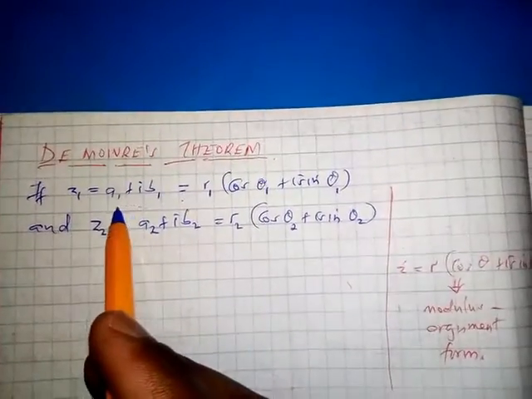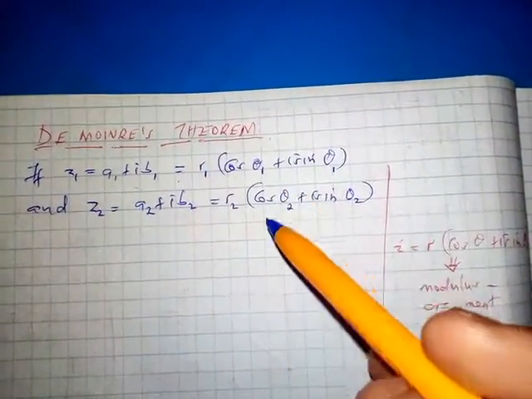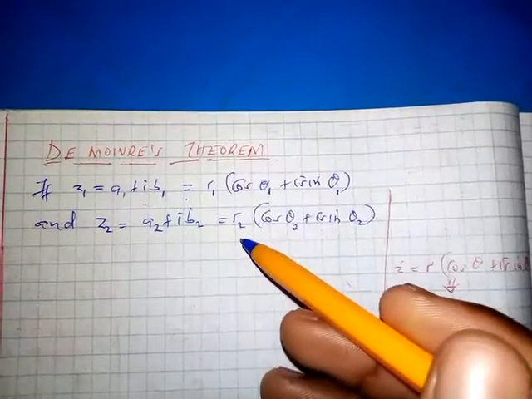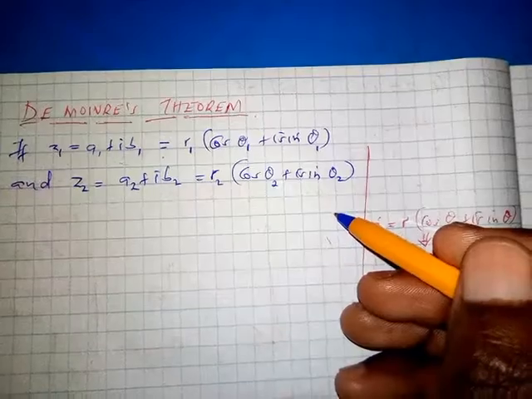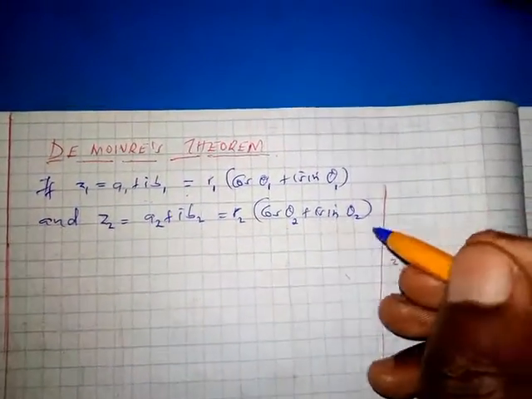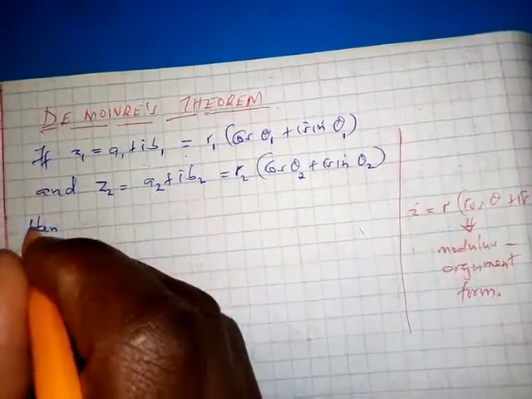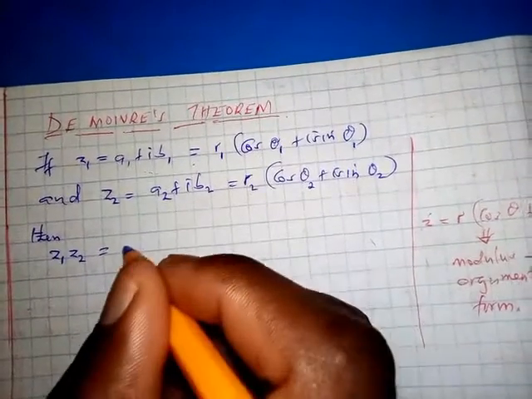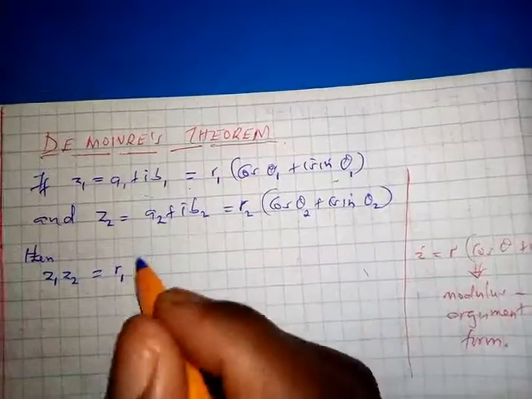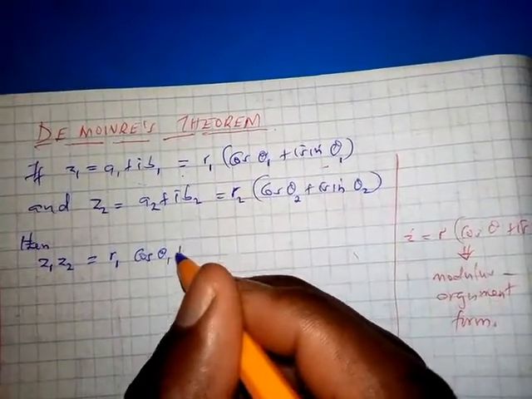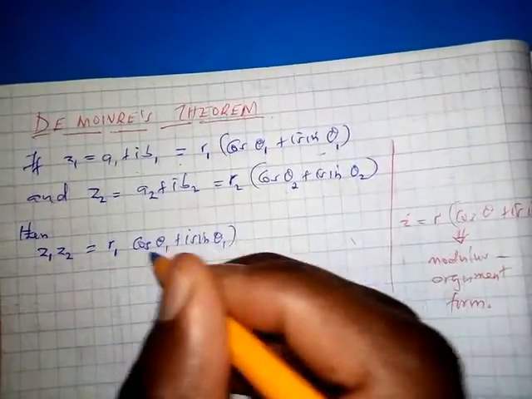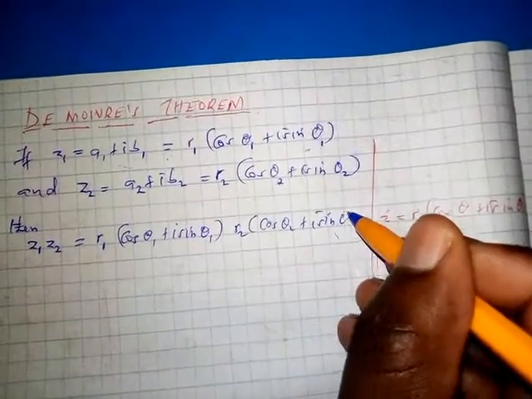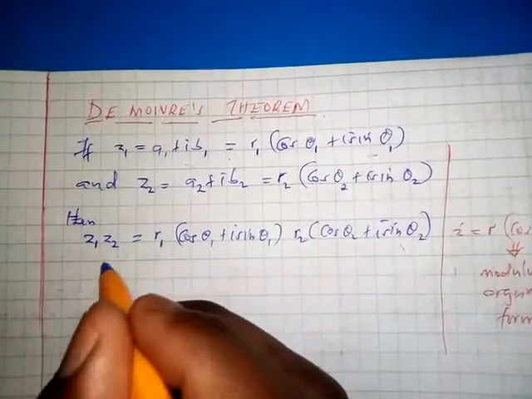I've said that if Z1 is equal to A1 plus iB1, which is equal to R1 in brackets (cos theta 1 plus i sin theta 1), and Z2 is equal to A2 plus iB2, which is equal to R2 in brackets (cos theta 2 plus i sin theta 2), then the product of Z1 and Z2 is equal to R1 (cos theta 1 plus i sin theta 1) times R2 (cos theta 2 plus i sin theta 2), and this becomes